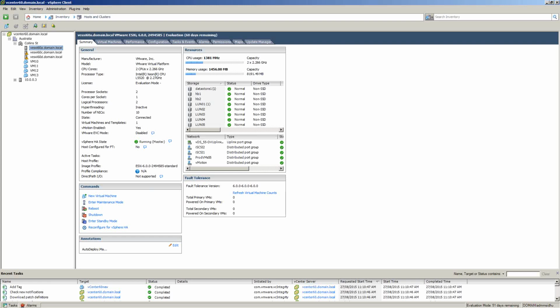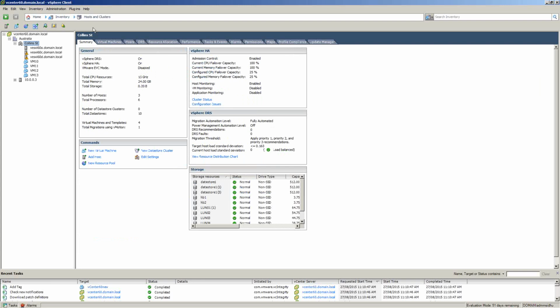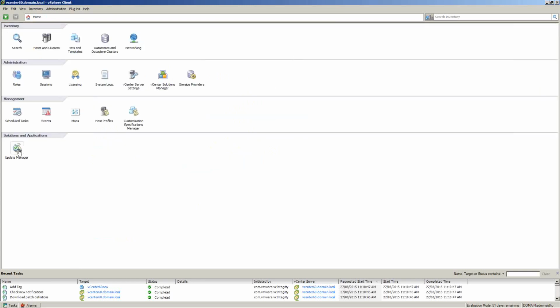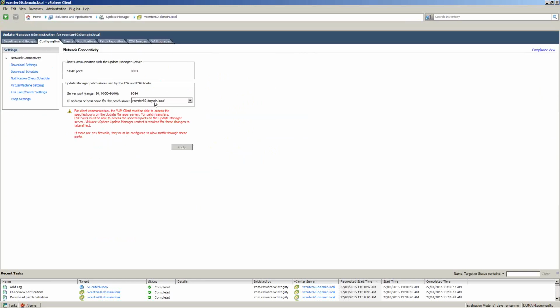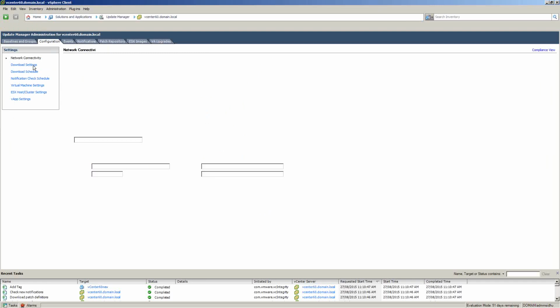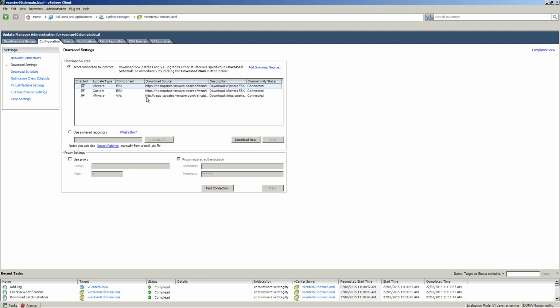All right, so we go in. So coming back to VAM. You can quickly talk about it. So those are the network settings. That's the server port it needs to go out to. That's the store for VAM. That's the download settings. Just quickly, we're going to run through all this.